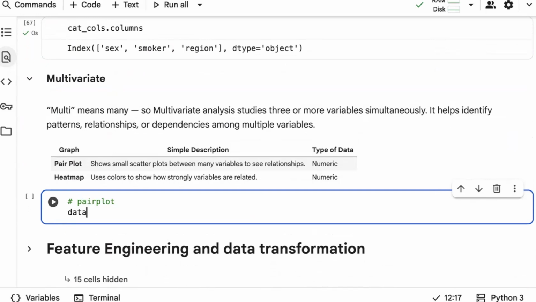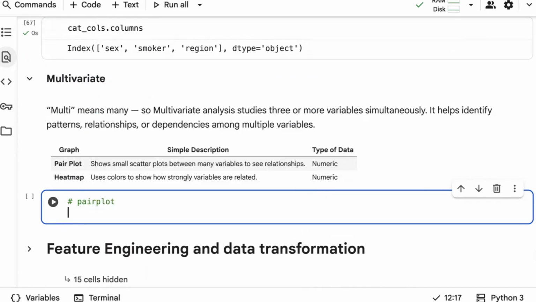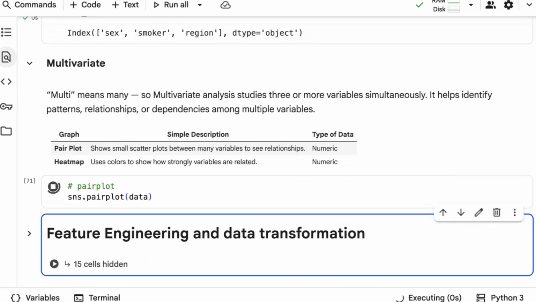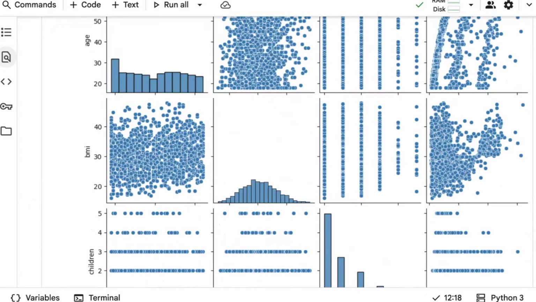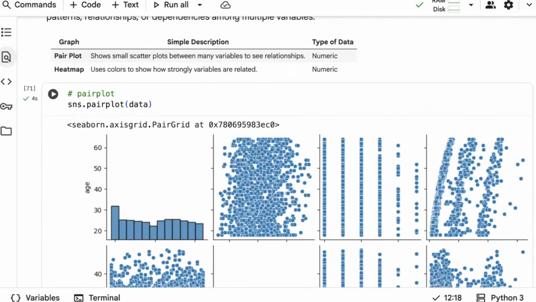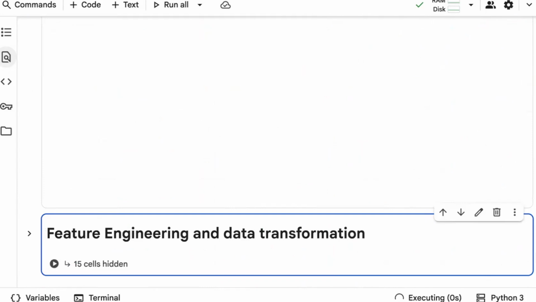You just need to call, sorry, it should be sns.pairplot, and you just need to pass our data. So what it will do, it just gives you scatter plots. So basically we have four different numerical columns, right? It will give you a 4x4 grid, every numerical column paired with other numerical columns, and it is giving you the scatter plot. So it basically helps you in understanding the relationship between different variables, and you can also introduce hue equal to, let's say I'll check with the smoker column.